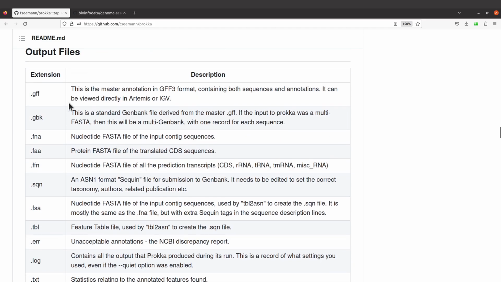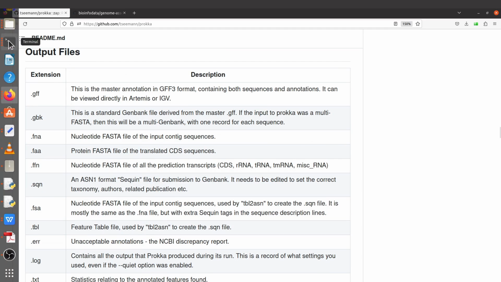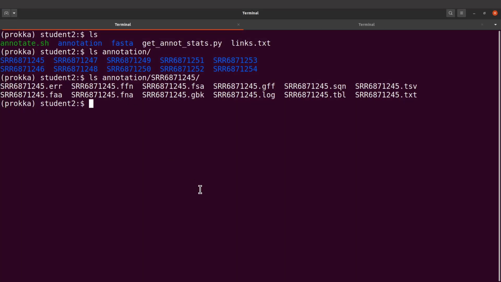So we have them here. Okay. Now, what we are going to do is to generate a summary file. One of the things that you will do when you perform annotation is to get the statistics of the features, the predicted features. So instead of examining them one by one, what I'm going to do is to aggregate the results,